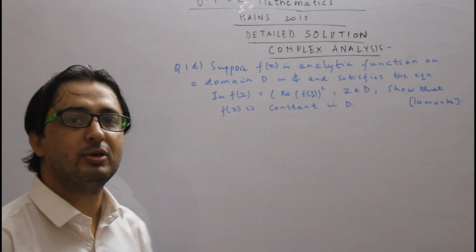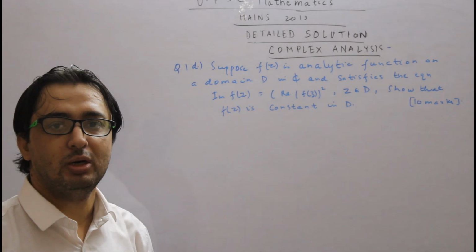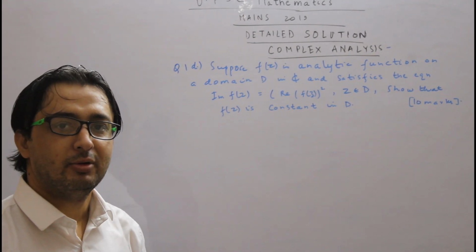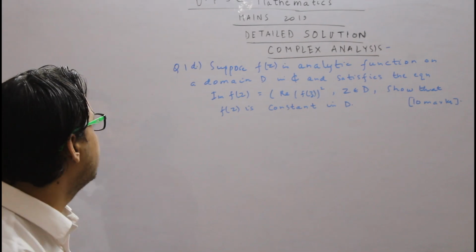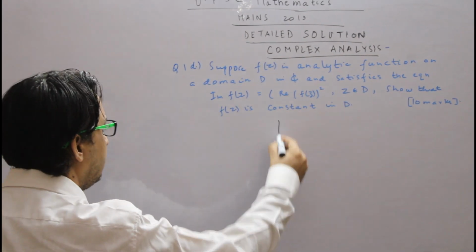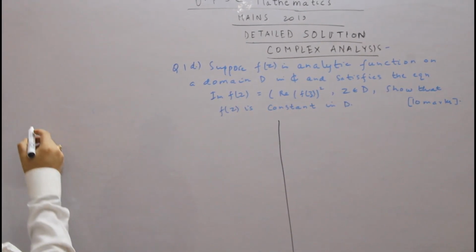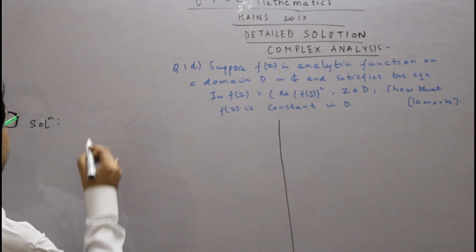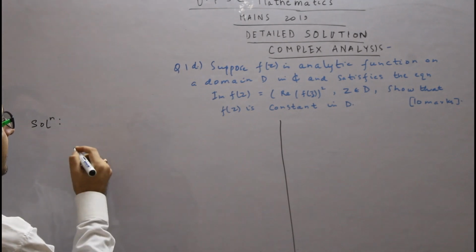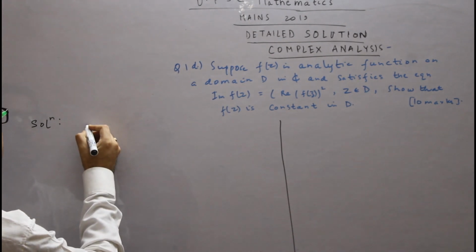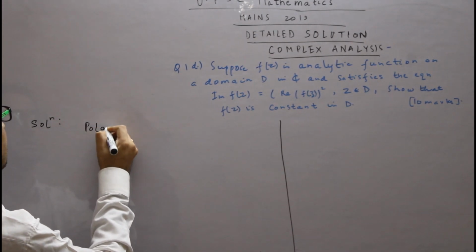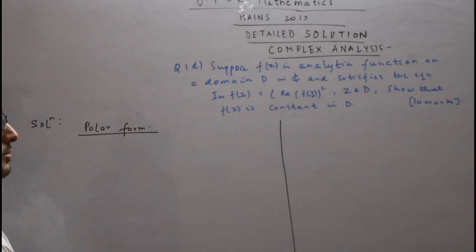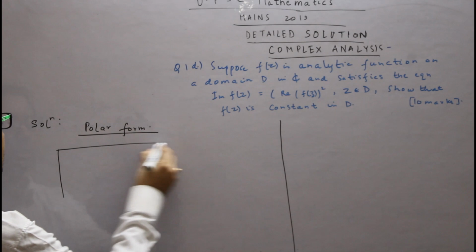There are two methods to solve this question. I can work in polar coordinates and polar form, and I can also work in Cartesian coordinates. So I'm going to write my solution over here. We have given f of z. Here we are taking the polar form, so we are going to use the Cauchy-Riemann